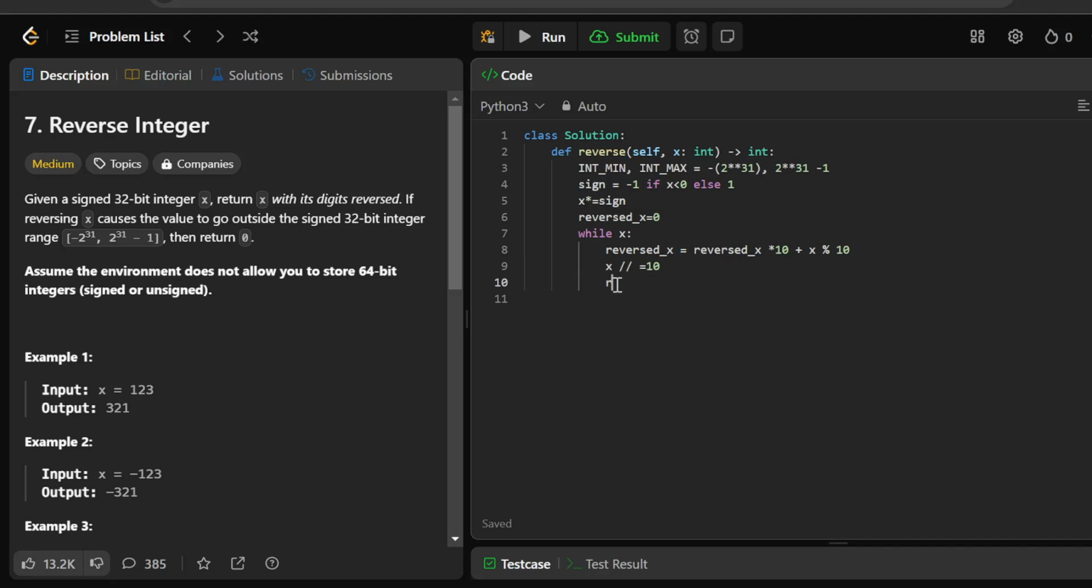And apply the original sign to the reverse number. So you have to apply the original sign: reversed x multiplied with the sign, and the sign will be the same. If it is negative, then you have to also return that as negative. And to check if the reverse number is within the 32-bit range, you can do that. To check if it's within the 32-bit signed integer range,